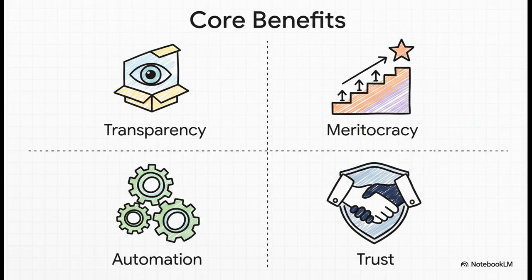And it all creates this amazing feedback loop. Look at these 4 points. The automation is what makes radical transparency possible because everything is logged. That transparency, in turn, builds a solid foundation of trust. And once you have that trust, well, that's when you can build a true meritocracy, a system where it's your actual contributions and your best ideas that get you ahead, not office politics or who you play golf with.